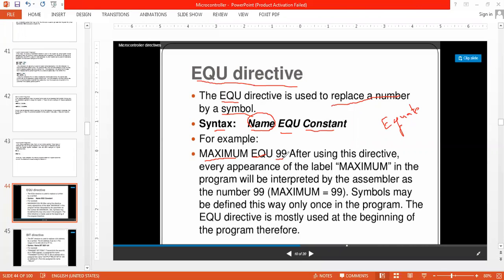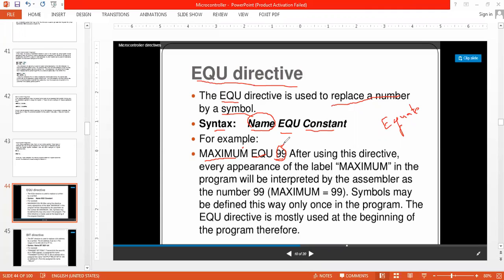So what will happen? Maximum is a name. Whenever I utilize the name maximum, in the place of maximum the 99 will be present, but 99 will be hidden. Maximum will be shown as a representative for the number 99.